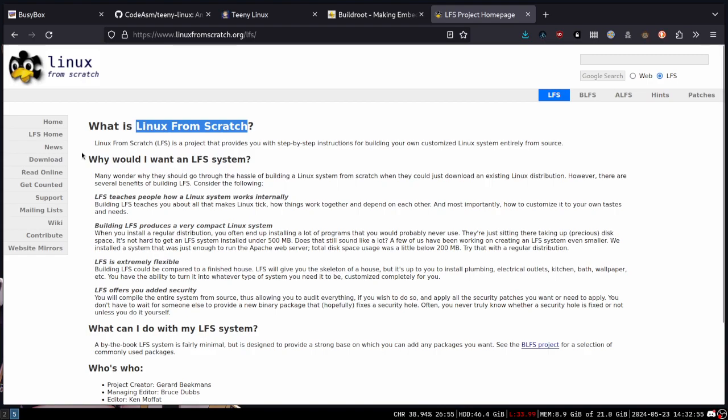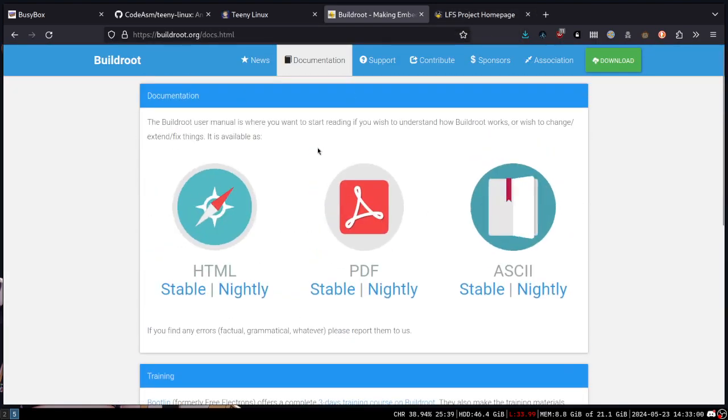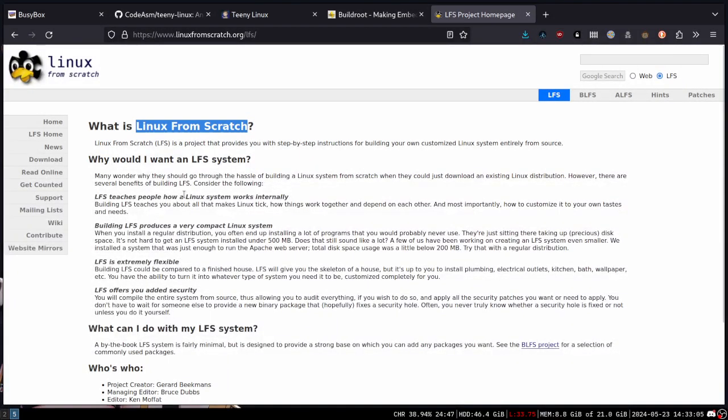I think this is cool. This is a cool learning project. You can build upon this. And if you're more serious, you can combine it maybe with Buildroot. Because you can, well, first of all, if you want to use parts of this, you can just read it and try to apply it to stuff. Or